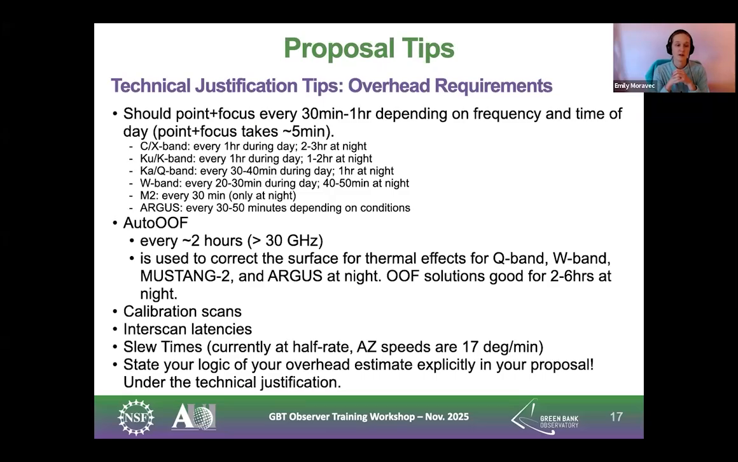Okay, so one of the things that's part of the technical justification is asking for overhead requirements. Here I've listed a few things. You can take a look. I don't need to read all that at you. But one of the main things is, it takes about 5 minutes to point and focus. However, high frequency does this a little bit differently. High frequency does pointing and also the auto OOFing. So in general, if you're doing high frequency observations, the